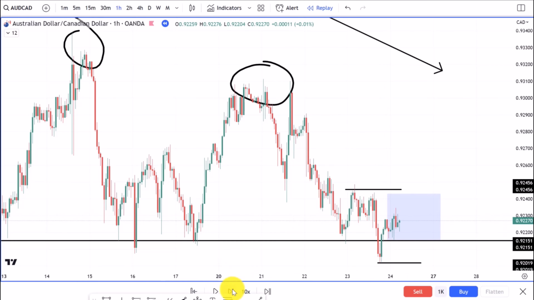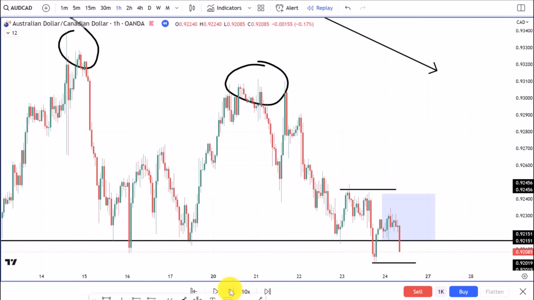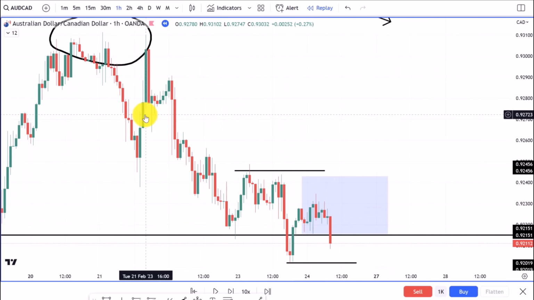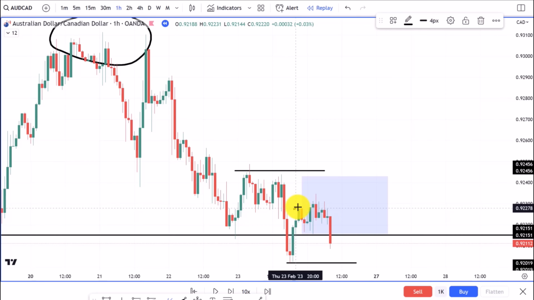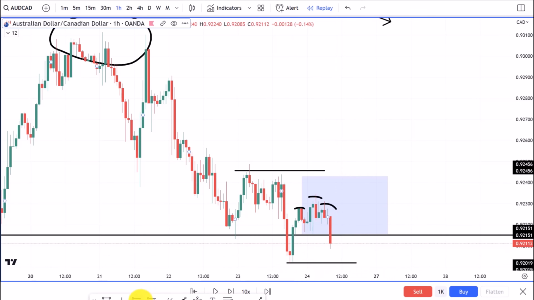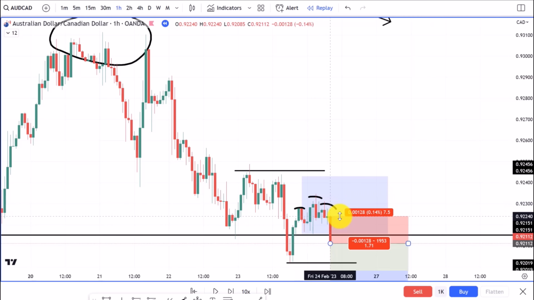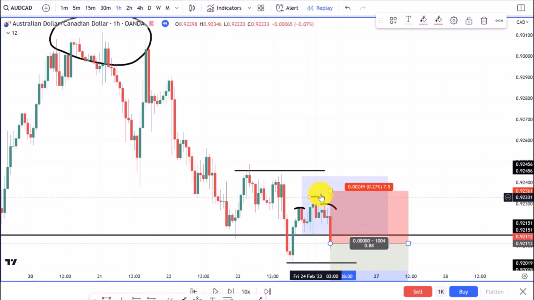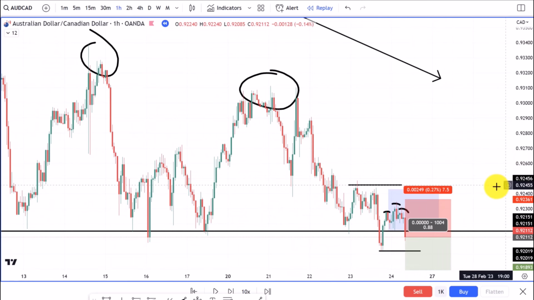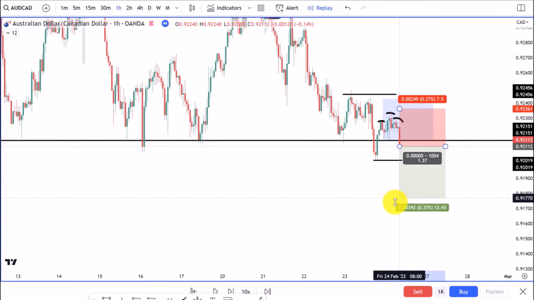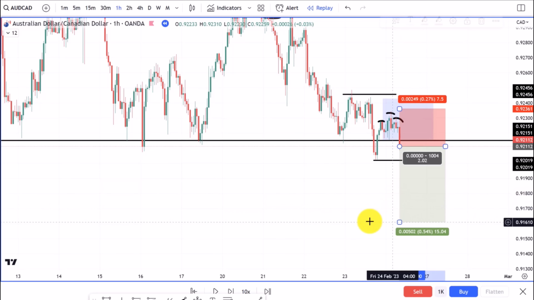We see some volatility. We need to see clear signs that the market is picking up bearishness, which is coming here now. You can see we are back below the support level. We are outside of this range. When you go to the lower time frames, you would see this head and shoulders microstructure, higher highs here and then lower highs here. So we have a micro head and shoulders pattern. We then could think about shorting this market here with the liquidity run in mind. Stop wise, you can be aggressive and just set it above the breakout candle, or you can put it above the recent high here. And then zooming out, you can see we should be relatively safe when going